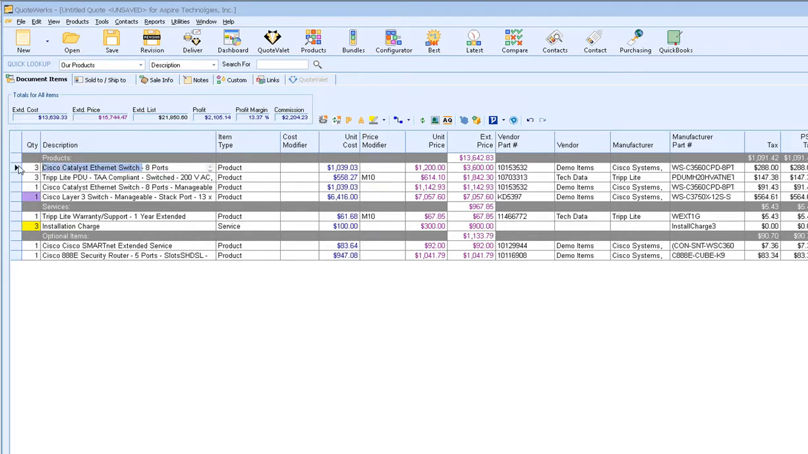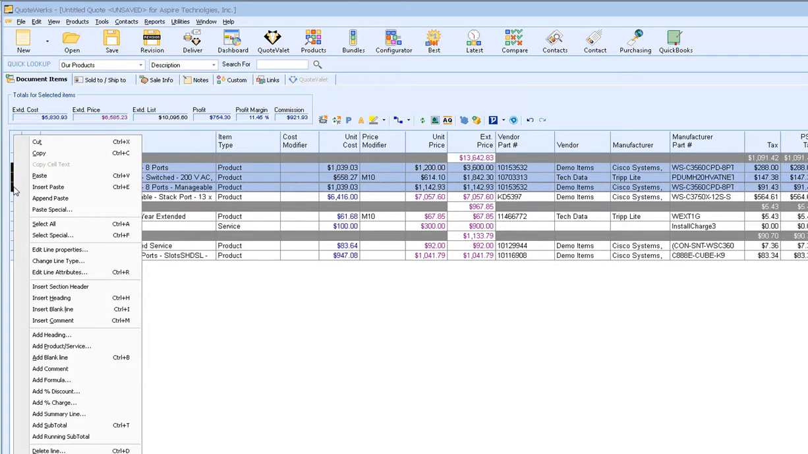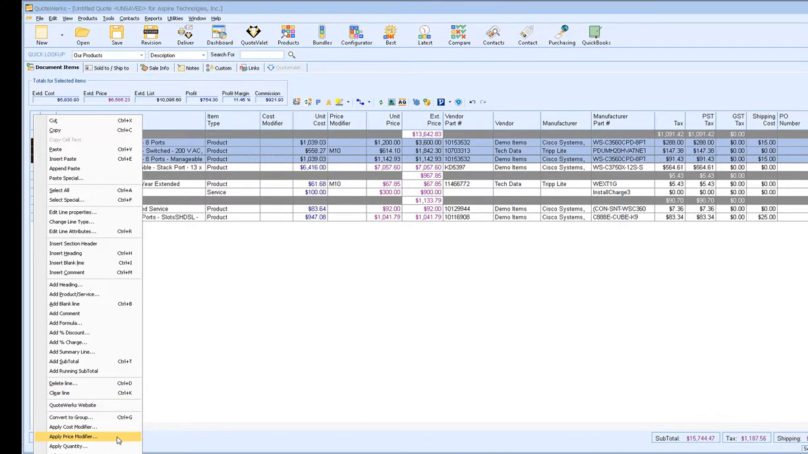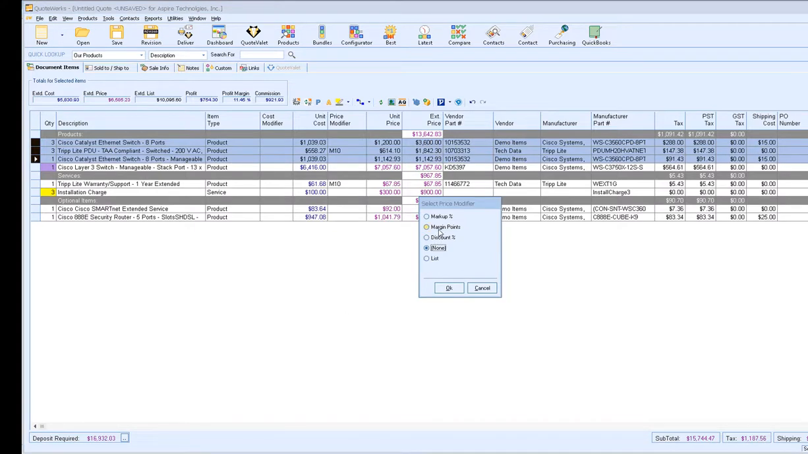It's one of the powerful features of QuoteWerks, where if I select multiple items by holding Control and right click, I can make changes to multiple items at one time. If we scroll down, you'll see there's an option to apply a price modifier. So for example, if I wanted to change the margin on these 3 items, I can choose Apply Price Modifier,